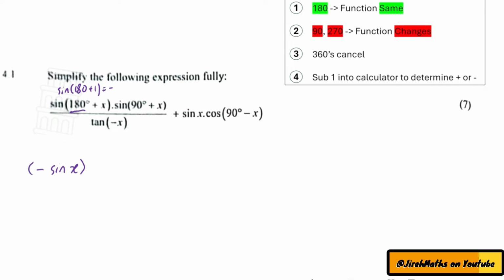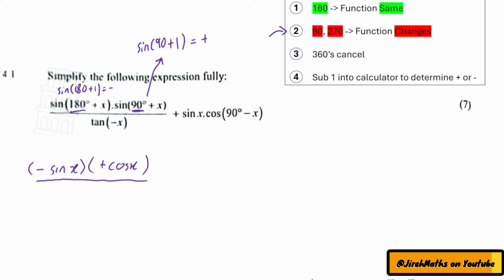For the next term, we have 90. Therefore, we use the second rule, which says the function changes. So that sine is going to change to a cos. So it's cos x. To determine whether that's positive or negative, again, we need to substitute 1 in place of x. So sine 90 plus 1, put that into our calculator, we will get a positive. So that's sine x times positive cos x all over